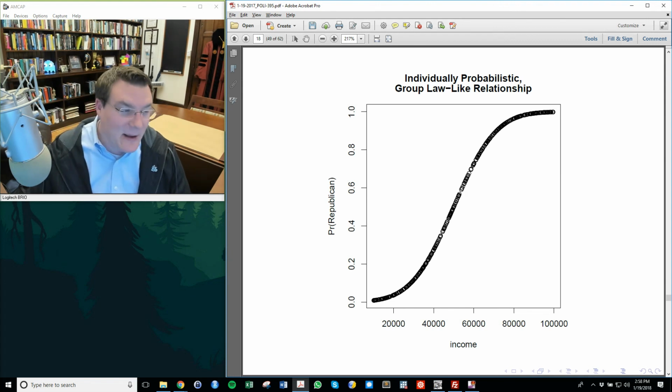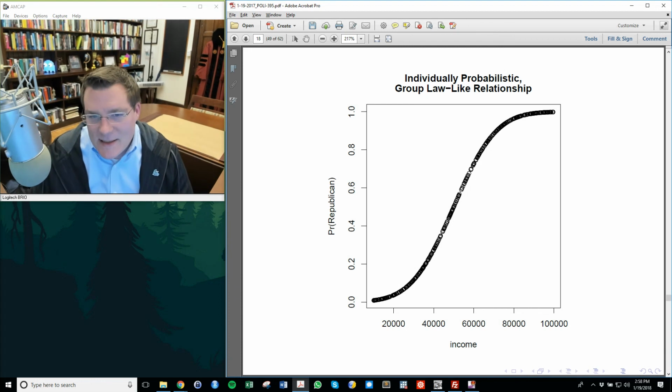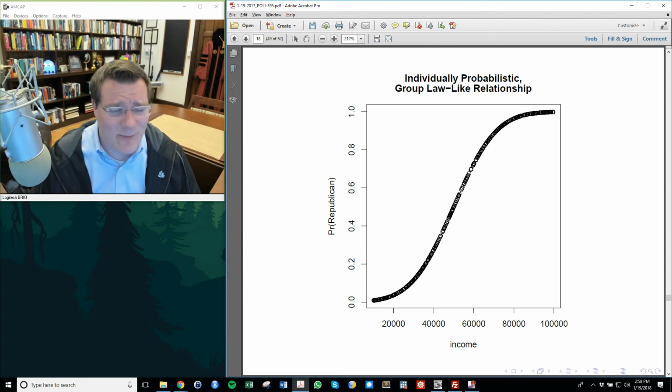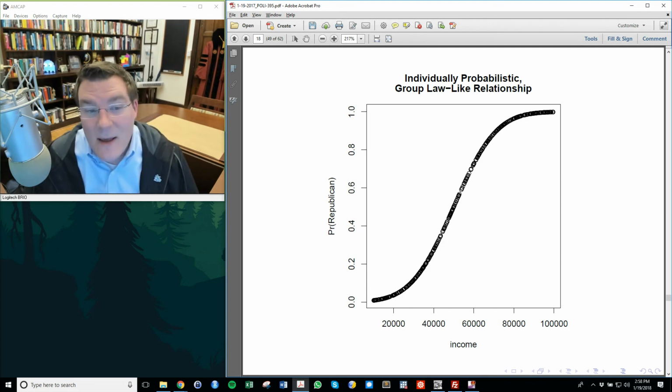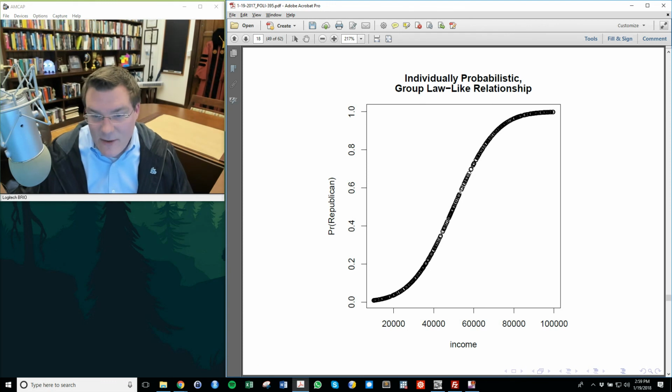Also somewhat unlikely, but at least more plausible, is that your income is associated with your probability of voting Republican. So people who make $20,000 a year, I should emphasize again, this is a simulated process, not real at all, not based on any real data. Somebody who makes $20,000 a year has like a 5 or maybe 10% chance of voting Republican. Somebody who makes $50,000 a year, it's a coin flip, half and half. Those who make $100,000 a year or more are almost all voting Republican. That means that if I find a person making, let's say, $30,000 a year, there's a 10, 15% chance they might vote Republican. I will find some individuals voting Republican in that case.